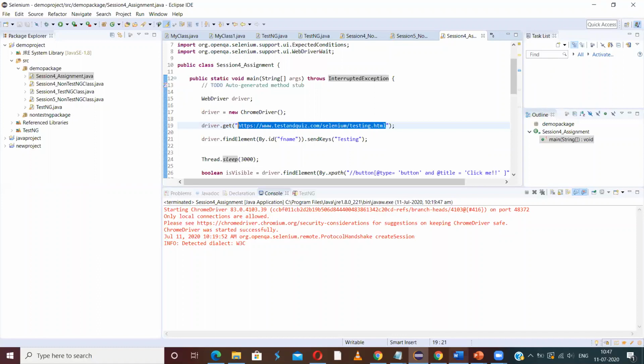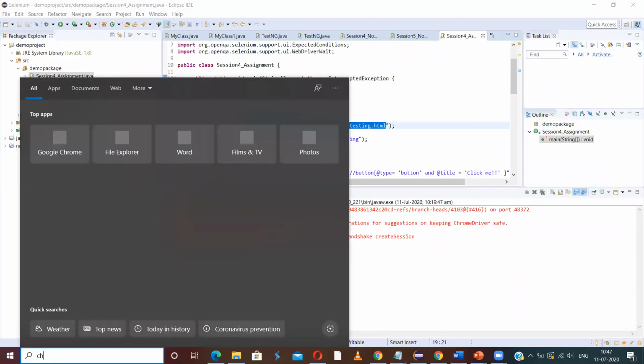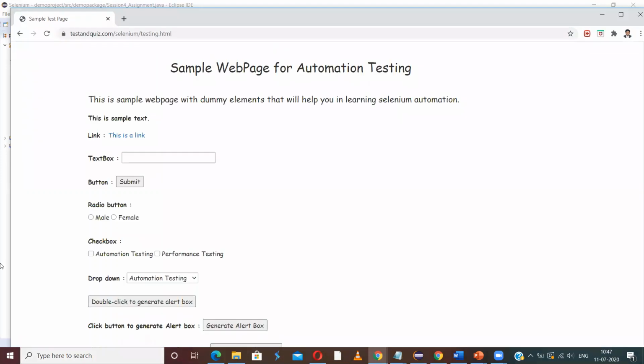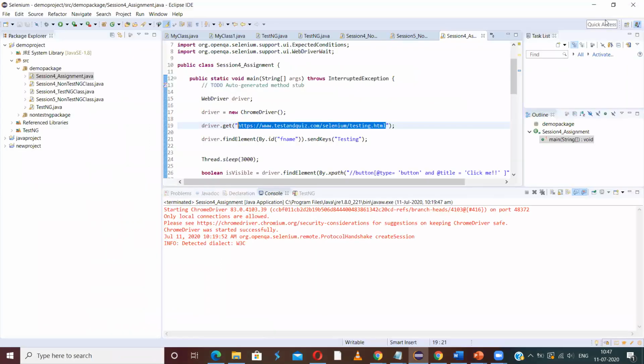So let me open this site. In this text box, we have to enter some text. We know it very well.